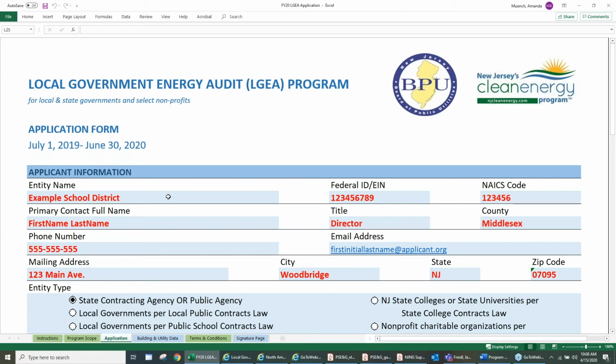If it's someone at the local school district or municipality, for instance, you would want it most of the time to be a facilities person, since they are the most knowledgeable of the buildings. And you would want to get the main person here. So a director or a business administrator can fill out the applicant information, but as to the building and utilities data